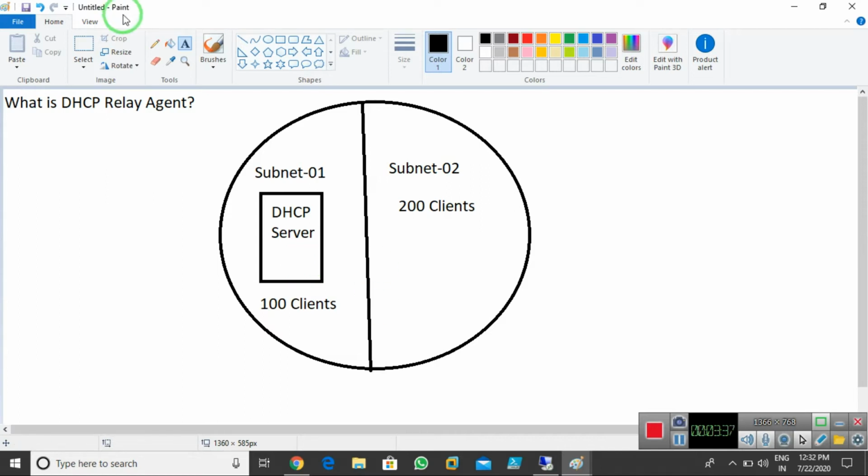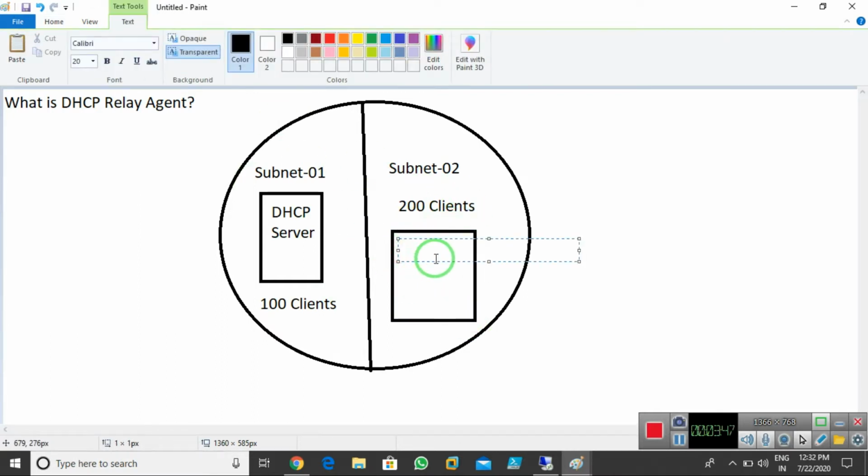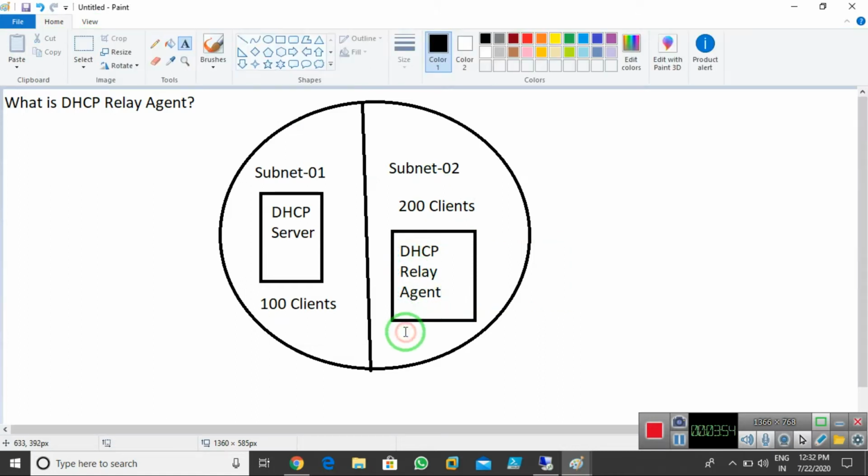So I need one server over there that is working as a DHCP relay agent. It is used to provide IP addresses to different subnets. This relay agent contacts the DHCP server.